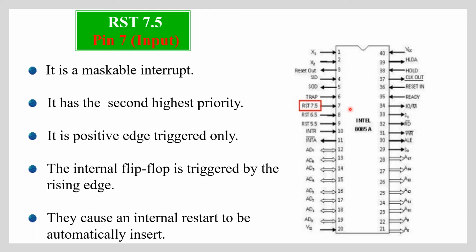When the interrupt is recognized, the next instruction is executed from a fixed location in memory, that is 003C. I told you in the previous session, that is a vector address or vector location. It will go to that location once the interrupt is recognized by the microprocessor. Which location will it go to?